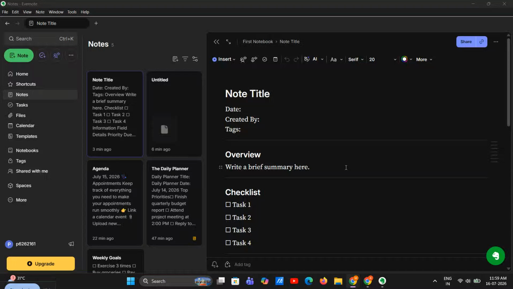If you use Evernote and need to save attachments from a note, this video is going to walk you through the easiest way to do it, step by step. Whether your note has PDFs, images, documents, or other files attached, you can download them directly to your computer in